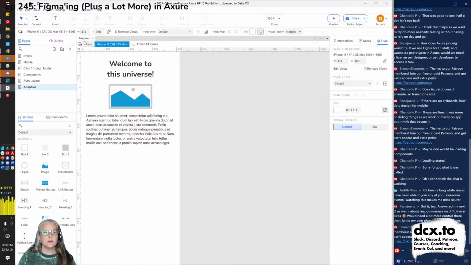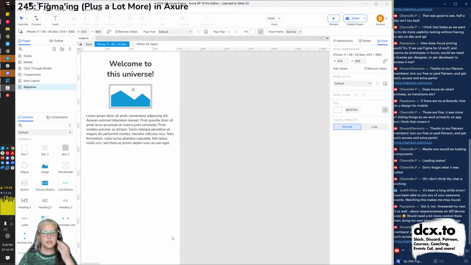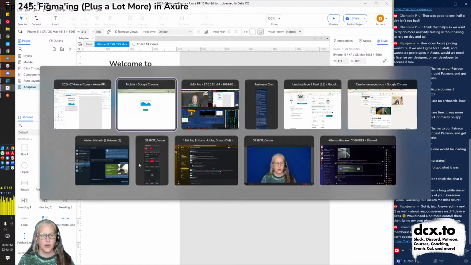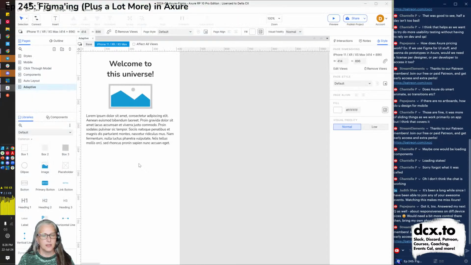So then again, hypothetically, you've got this base version, you have this phone version, and if you were to publish this Axure prototype and open it on an iPhone 11, it should show you the phone version. The Axure adaptive views are supposed to automatically adjust for whatever kind of device you've opened it up on. So let's go back to here and let's do a fresh